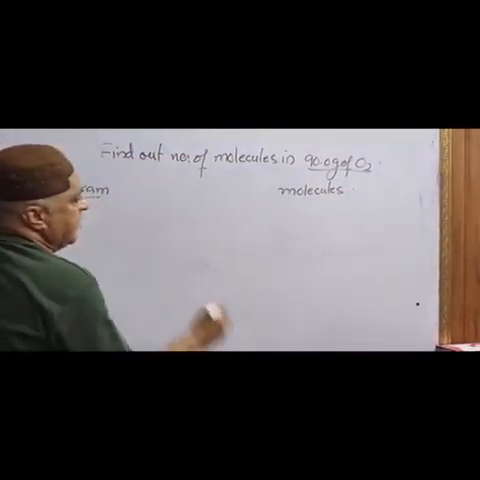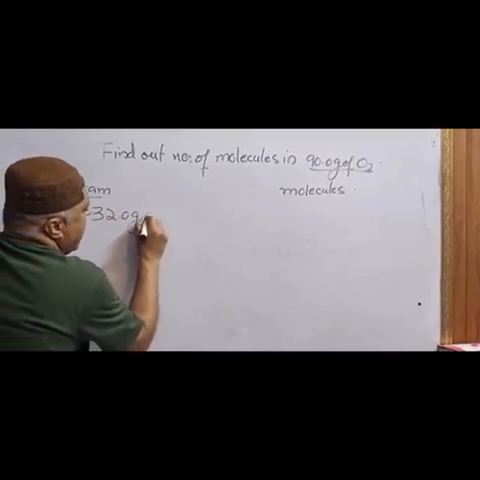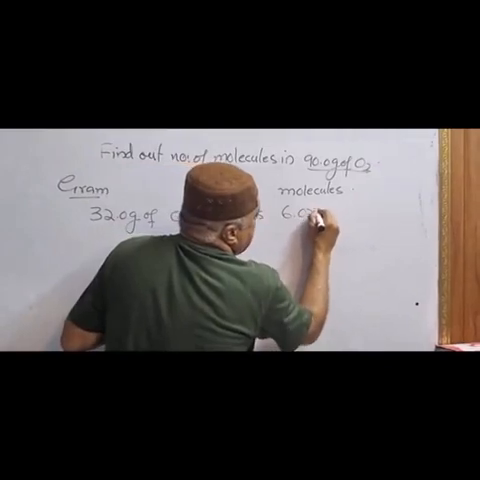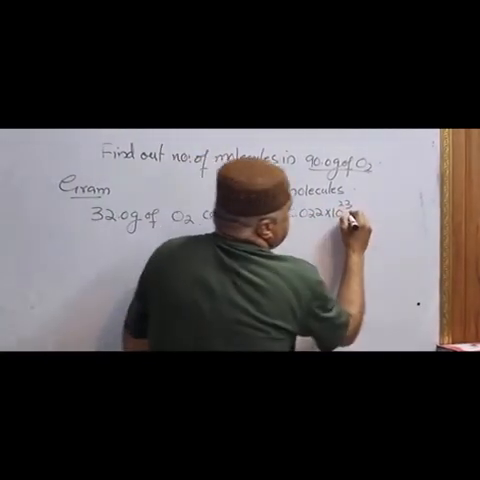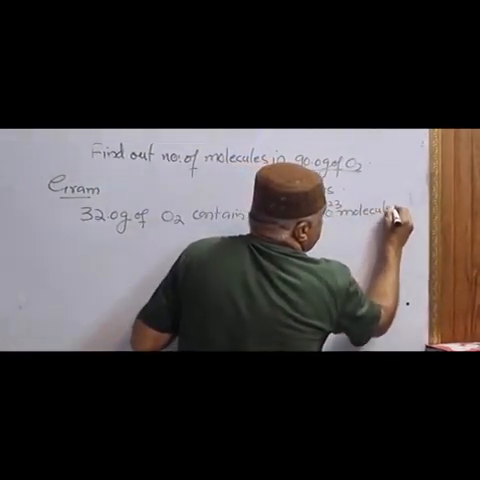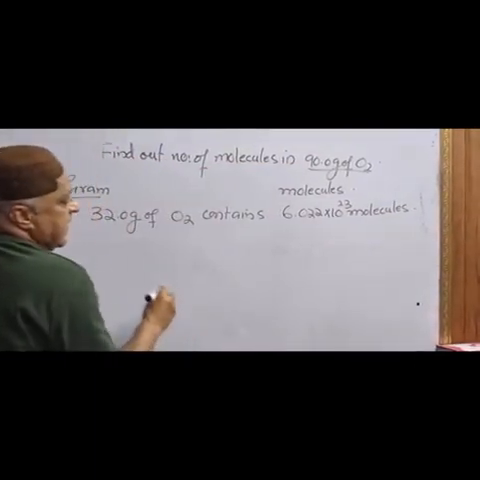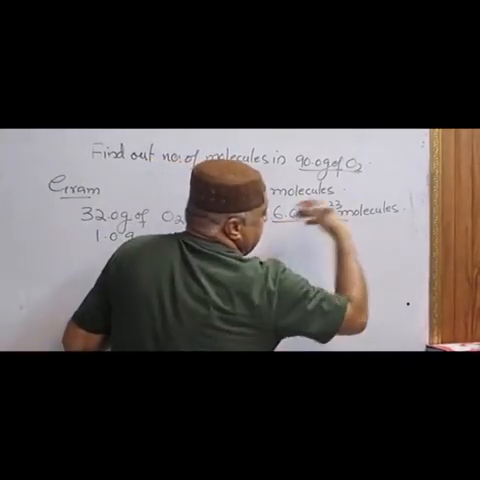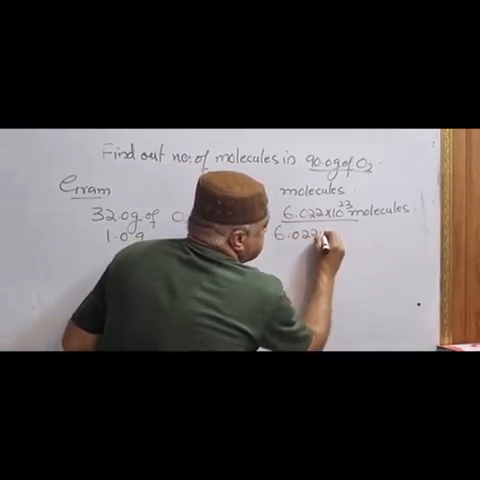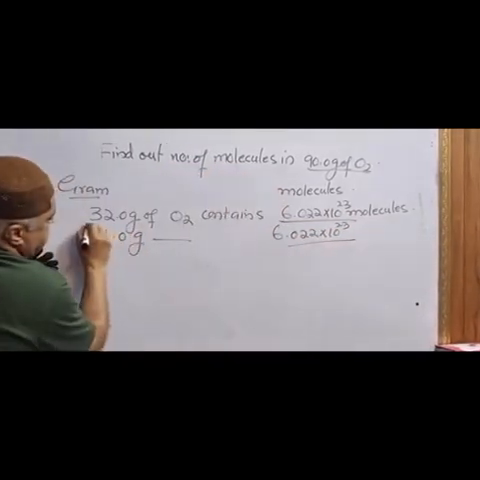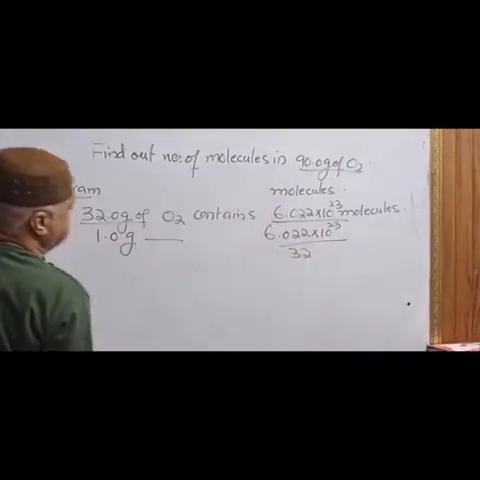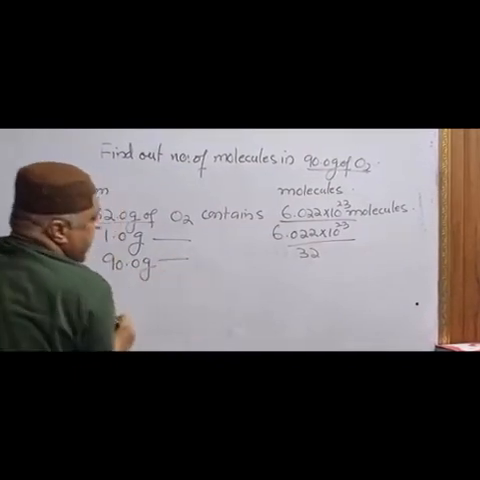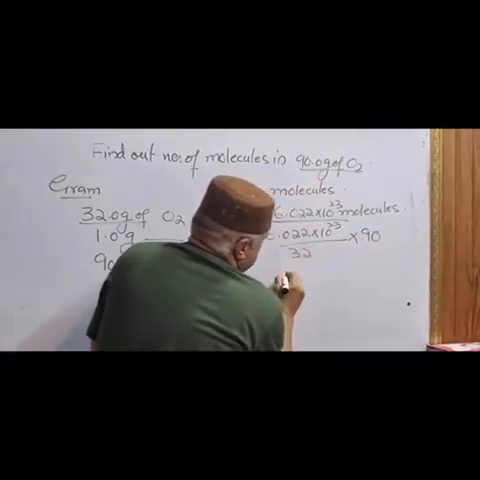What we write here, we write the known statement, which is 32 gram of oxygen contains 6.022 into 10 raised to power 23 molecules. First of all, we will write here the answer of 1 gram. For this, the quantity on the right side will be written in the numerator and the quantity on the left side will be written in the denominator. Now we have to find out the 90 grams. We write here 90 gram and multiply on this side, and the answer will be